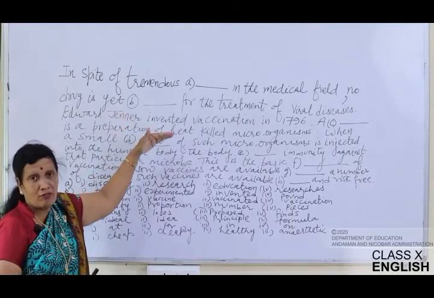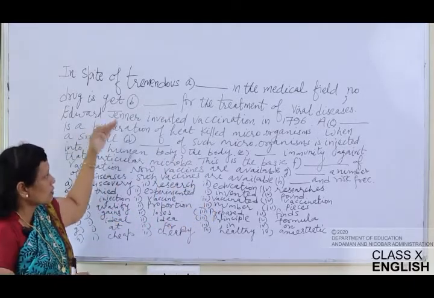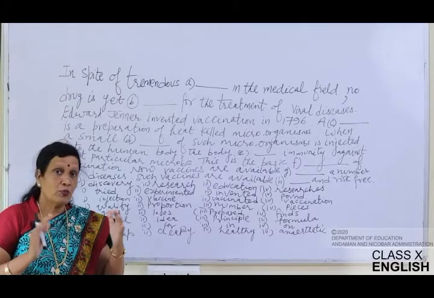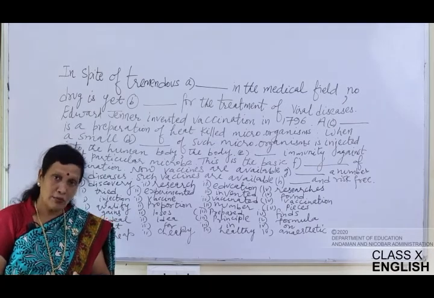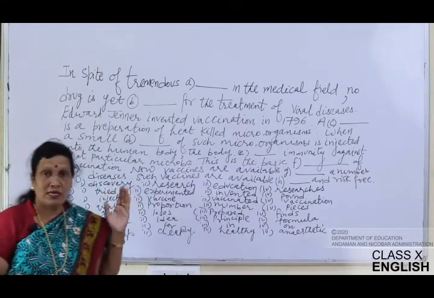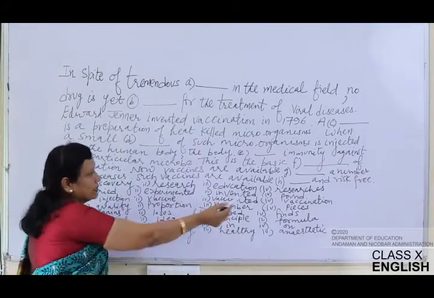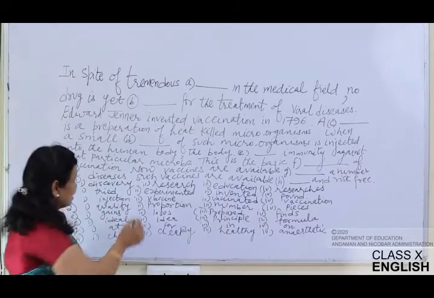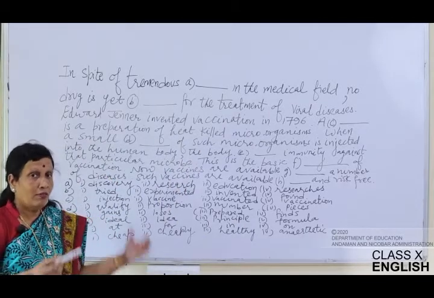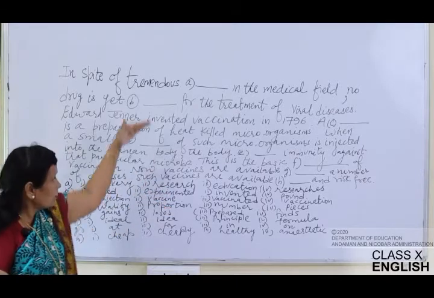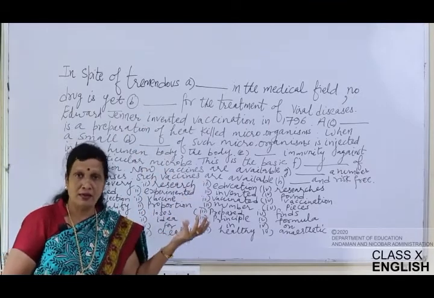So now once we have read this, it is clear to you that this talks of vaccines for various viral diseases and also our immune system, our immunity. Once you get the idea of the theme of the passage, it becomes easy for you to choose the correct options, because these words are related to the theme of the passage. Now we need to use these words properly in the blanks to make this passage complete and meaningful.